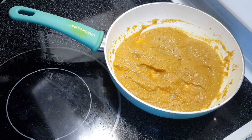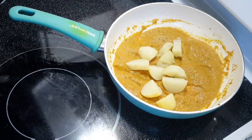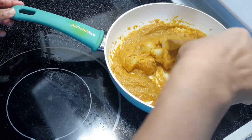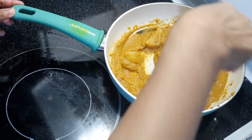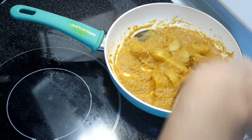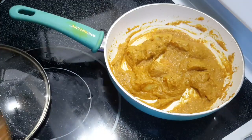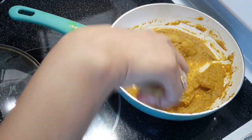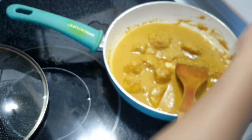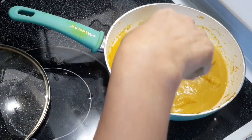then I'll use the boiled potatoes. Mix it well with the gravy. You don't have to cook it much as the potatoes are already boiled. Just let it be cooked for few seconds in the gravy. And now I'm going to add a little more warm water on it. And now keep the flame in medium, and whenever it comes to a boiling point,